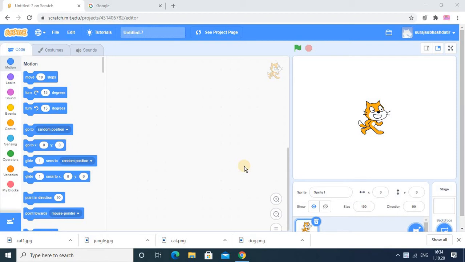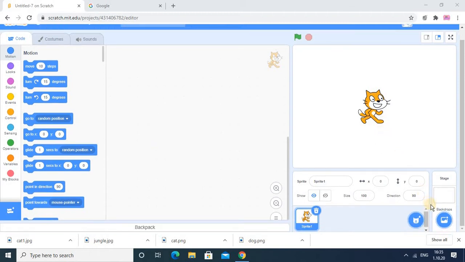So if you search any video on this topic, you will not get it easily. Okay, so that is the new thing in today's tutorial. So here I am going to show you how you can add your customized background, own sprite, as well as how you can attach your own voice to your respective sprite. So first we will see how you can add the background to your project.